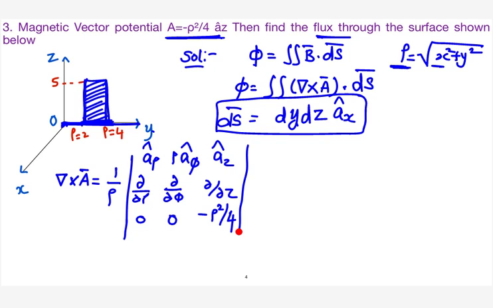So in this case, instead of writing dy dz ax cap, you can write d rho only, not a problem, because A is written in terms of cylindrical. So you can write it as d rho into dz, and instead of x, specifically speaking, it is phi direction. But phi can be, in this case, equal to the x-axis.